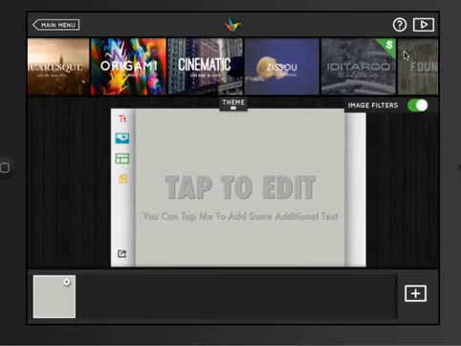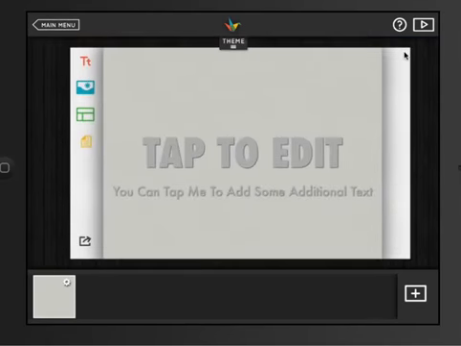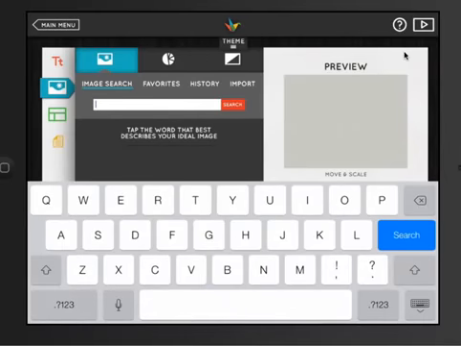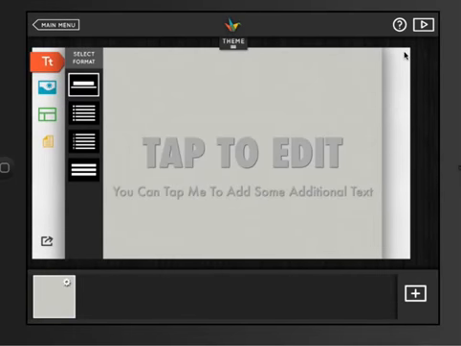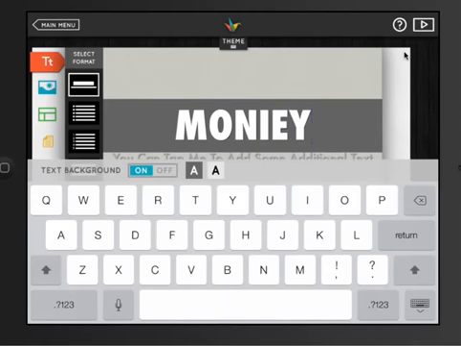Remember though that you're not limited to what's up here, because I'm going to select this one with the grass here, and then when I start adding things in, I still have the ability to click on the little image button, and then I can do an image search. Now this is kind of the backwards way to do it, because you can see how I'm just searching from scratch here. If I actually go in and add in text first,